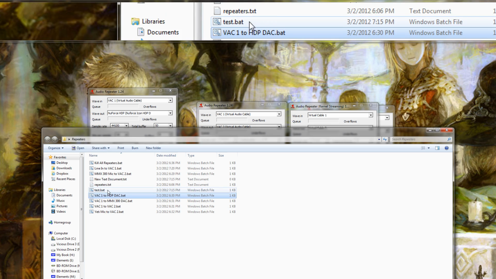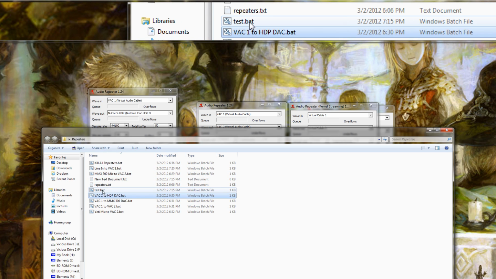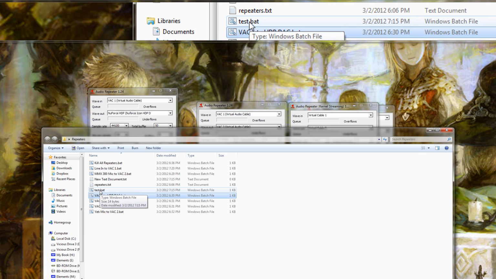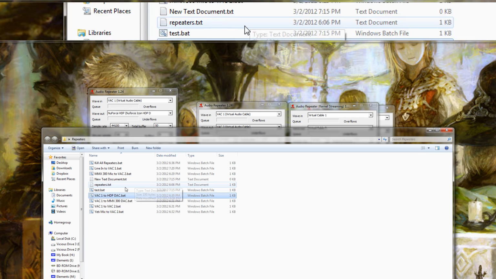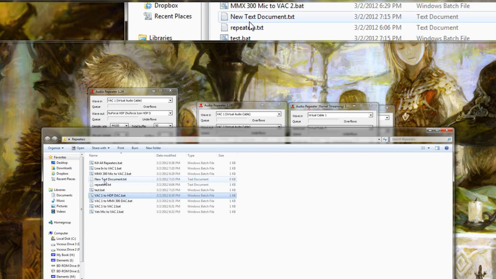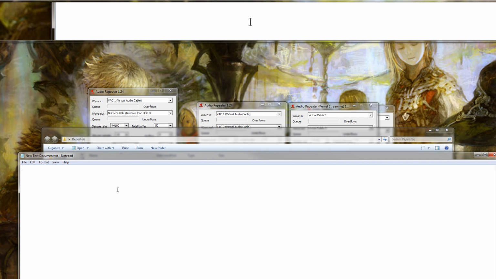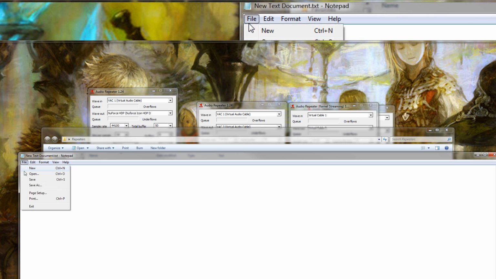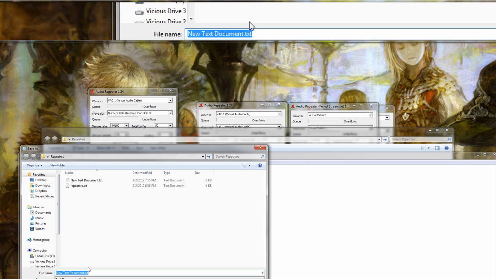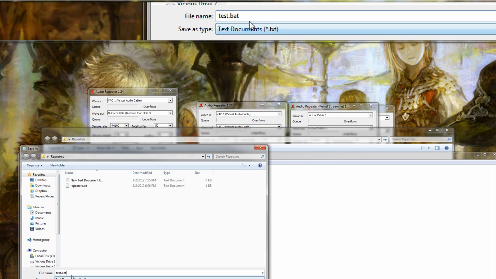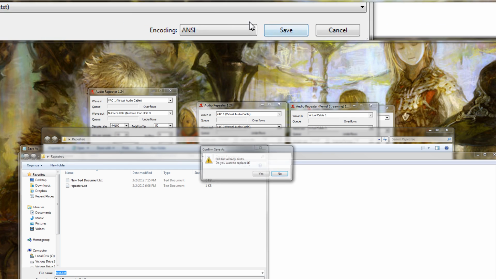How do you do it? Well, you just make a bat file. Let me show you how to do that first. Basically, a bat file is nothing more than a text file that has been told that it's an executable type file. I'm going to create a new text document like this one here, and I'm just going to name it test stuff, and here's the part where you want to do save as, and if you name it test.bat and you add that extension on there, when you save it,